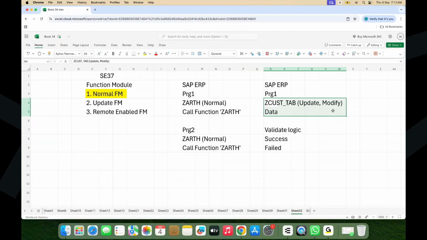That is not possible because our interpreter will read line by line from top to bottom. So when it comes to the first line, it will perform that action without checking the other actions. Now this is not at all possible in our normal function module behavior. For that, SAP came up with update function modules, because update function modules run in a separate work